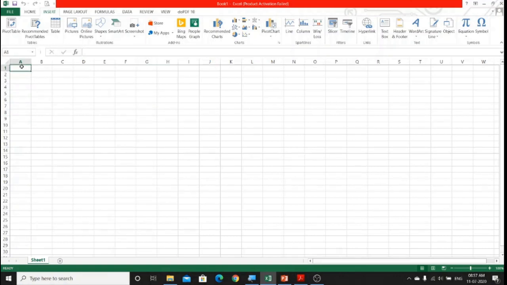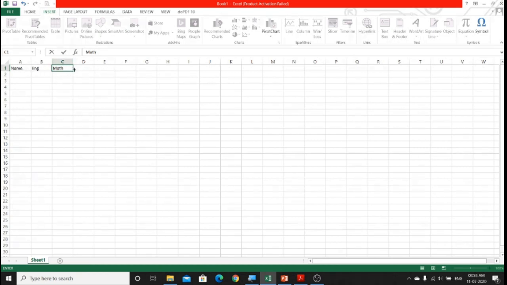Suppose I want to make a mark sheet. So I'll need a column of names. So I'll type here, press the tab key to go to the next cell. Now I want to type the marks of the English subject. So I'll put English as the heading. The next subject, suppose maths. In this way you can keep on adding column names.